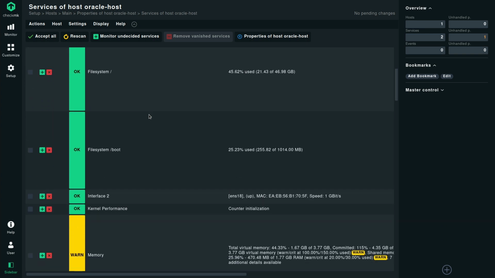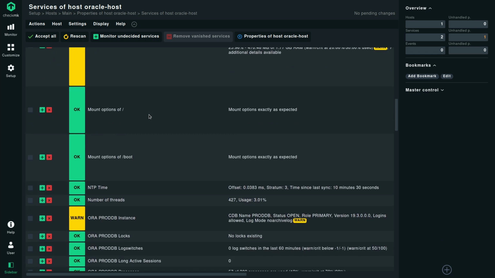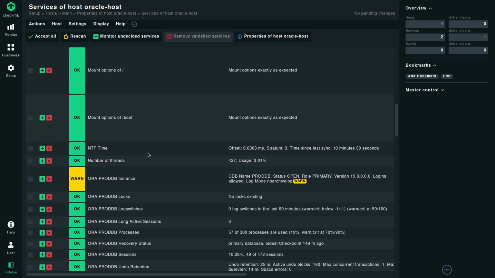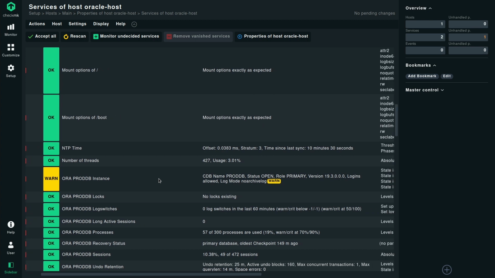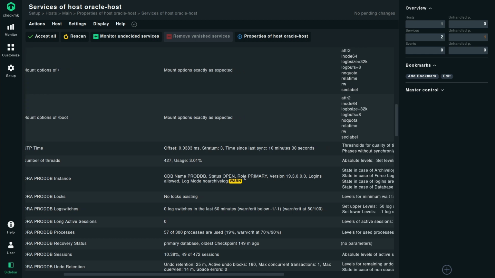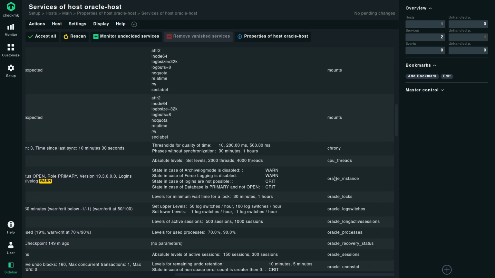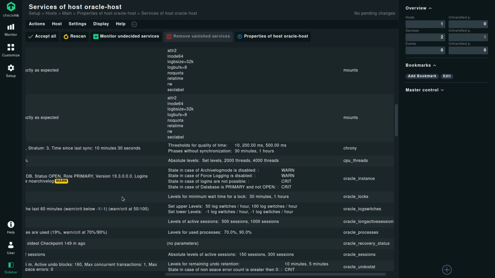In the beginning, you will definitely see your basic Linux metrics like memory, CPU, file system, mount points, and then you will see information about your Oracle instances. This is my CDB name, and I get some parameters, and on the right hand side I also see which check plugin is responsible for creating this service check.